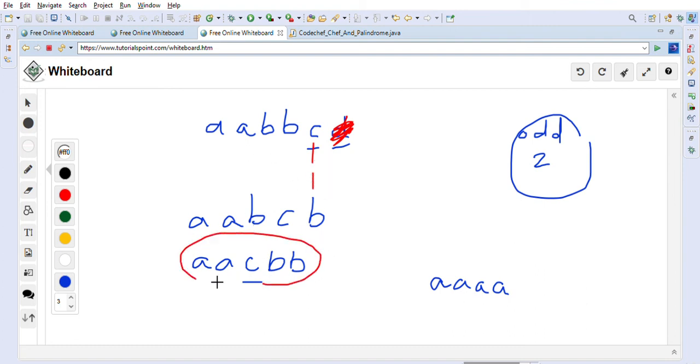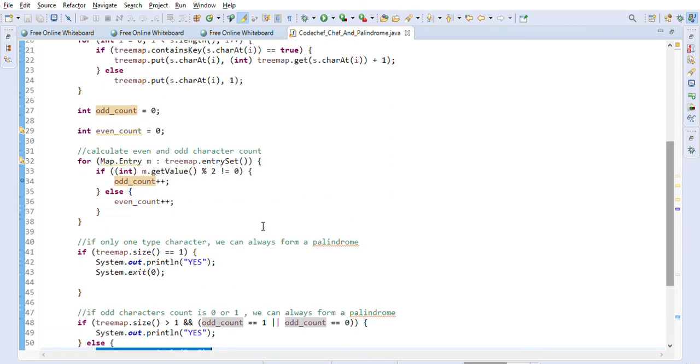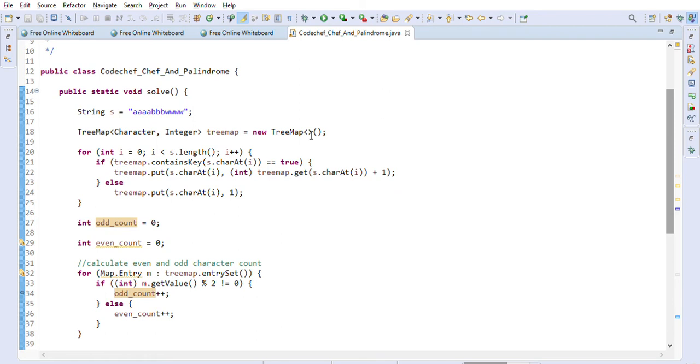Then it will become a palindrome. So odd count 0 or 1 means we can form a palindrome, and in that case we will output yes. If odd count is more than 1, then we have to return no. We will print no here. So this is the way we can solve the CodeChef problem, Chef and Palindrome.